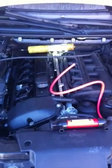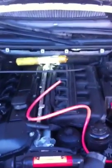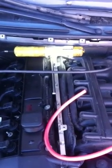Alright, so this is a BMW 325xi E46 2005. Doing a homemade smoke test. Cost me